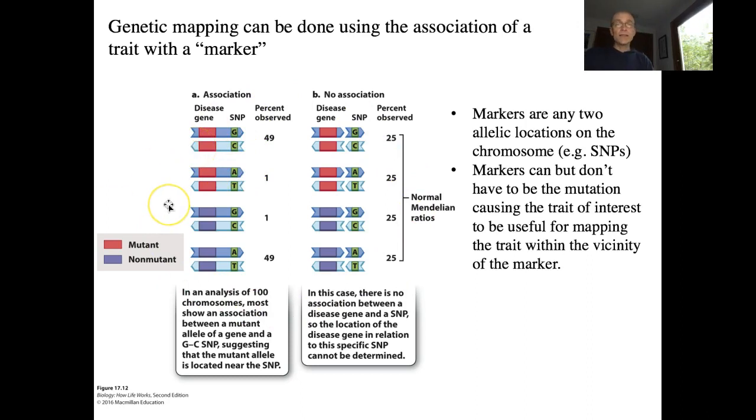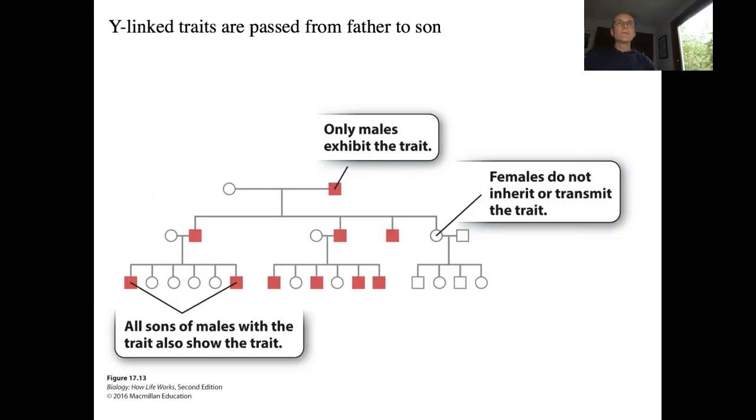And then, previously I showed you what mapping looked like in Morgan's time. Okay, let's try to wrap this up here quickly. I said that there are Y-linked traits and that they are passed from father to son, and I wanted to show you an example where you see one of these